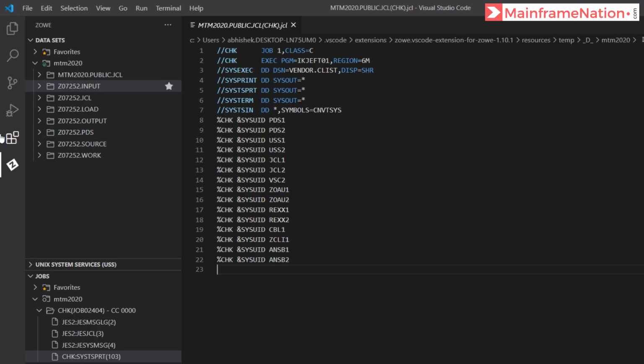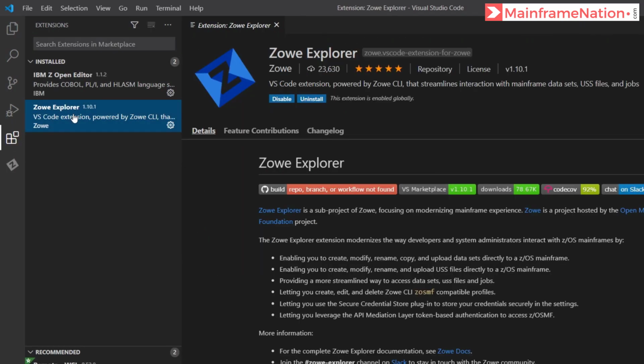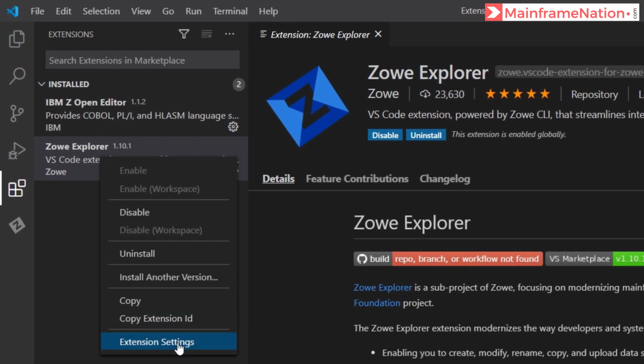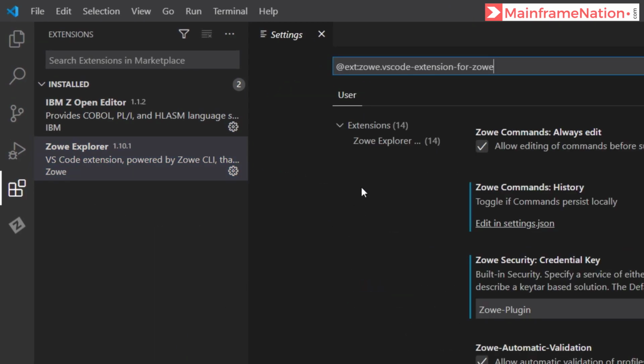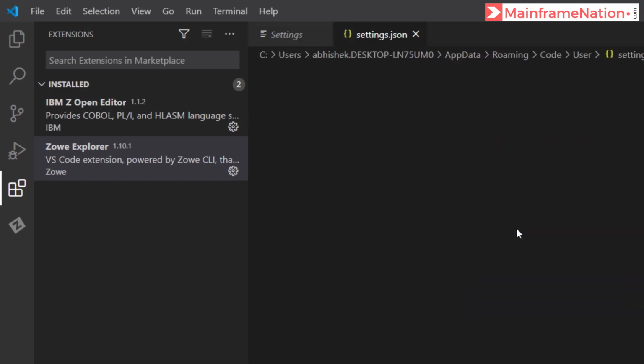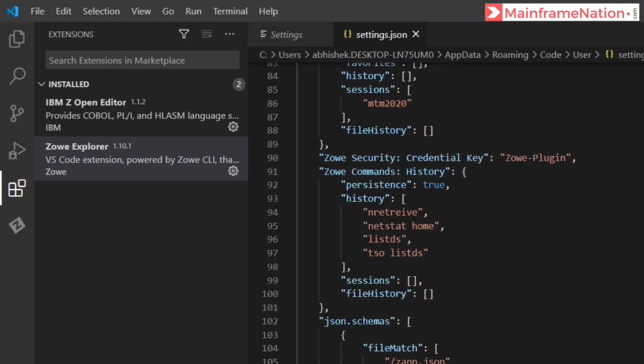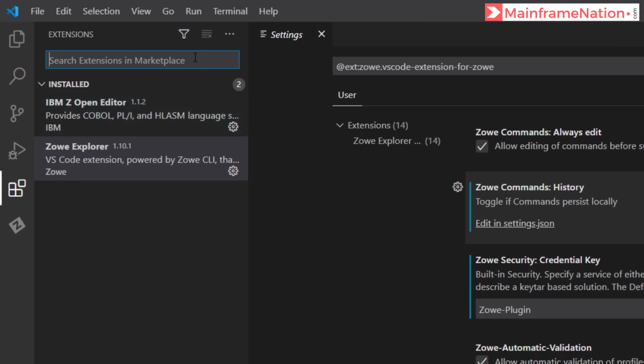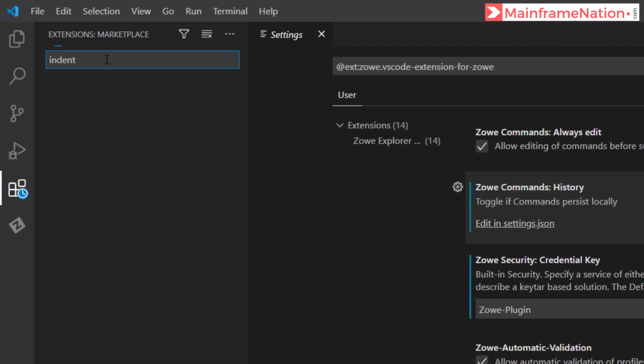You can also go to the extensions button. Here go to extension and click on extension settings. And then you can click on edit in JSON and you can change a setting if you want. Same way I can search for some other extensions such as indent.